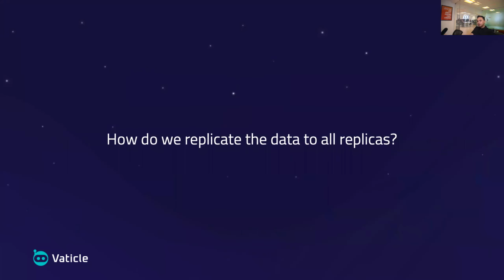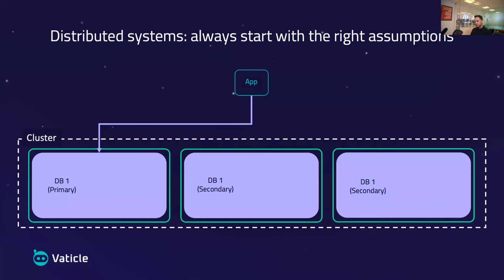Now, moving on to the more intricate matter, which is how do we get the data between all replicas to be replicated in a safe and robust manner, and also performant, obviously. And this is essentially the typical distributed systems problem. You have many servers and you need to replicate the data between them. We need to start with the right assumptions, which is, for example,